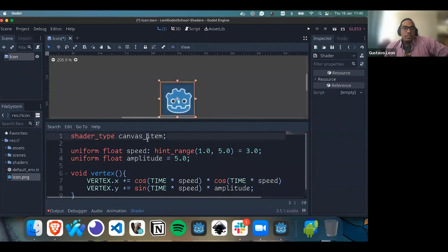Can you use this on a normal spatial 3D? Yes, but obviously not the same type. The type will change a little bit because now this is just used for 2D objects. What you need to do here is just change the shader type to spatial. So let's say